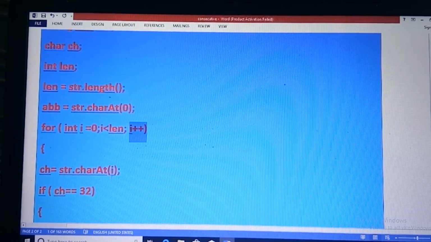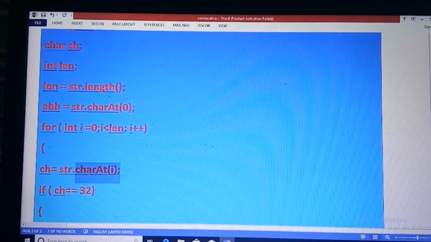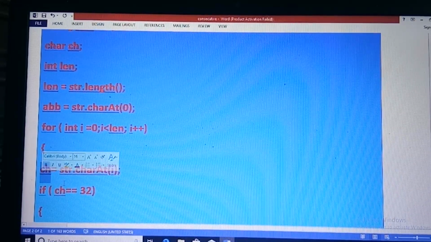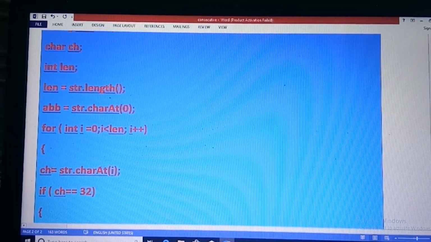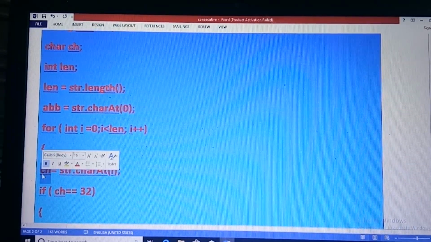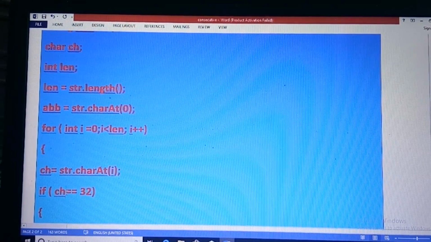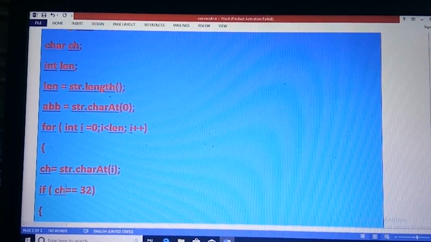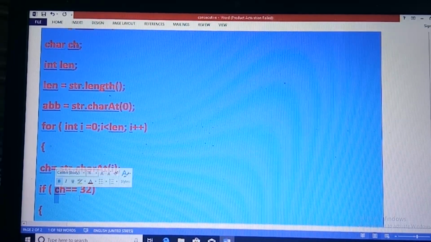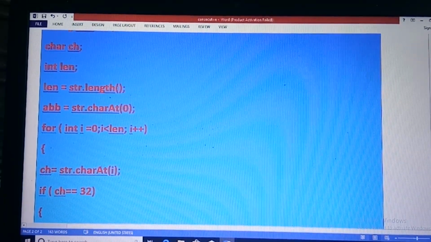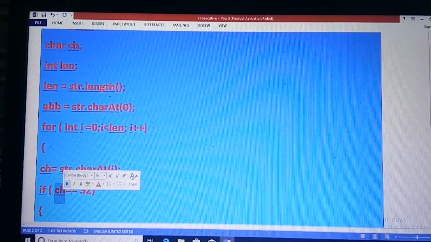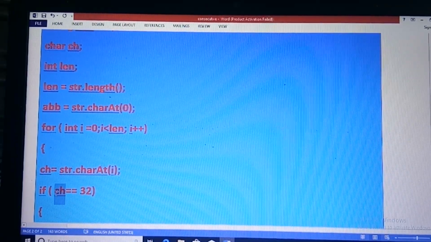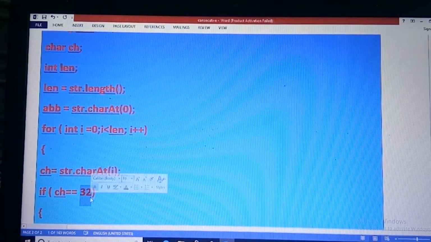Then each alphabet starting from the first alphabet is stored in the variable ch, and each time we store the alphabet in the variable ch, we check whether the ASCII code of the alphabet stored in the variable ch is 32 or not.